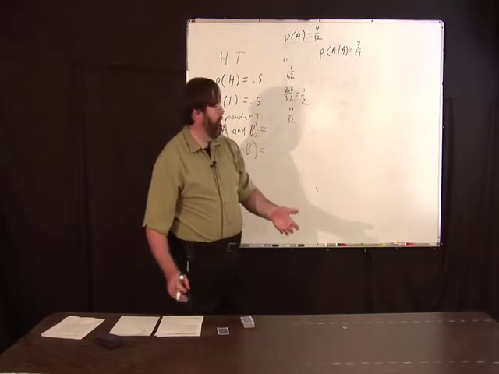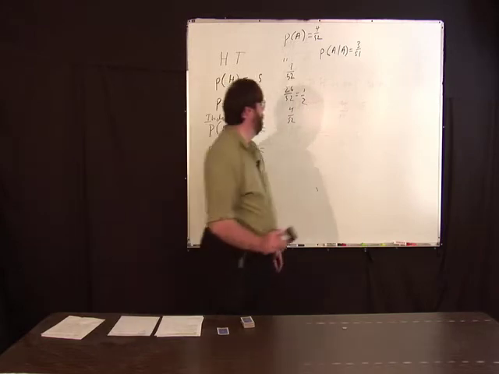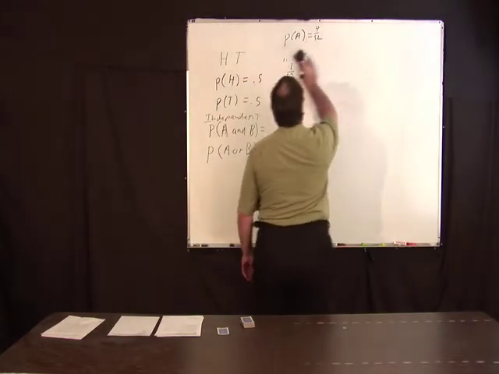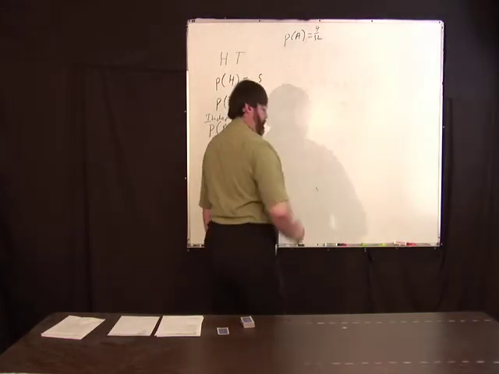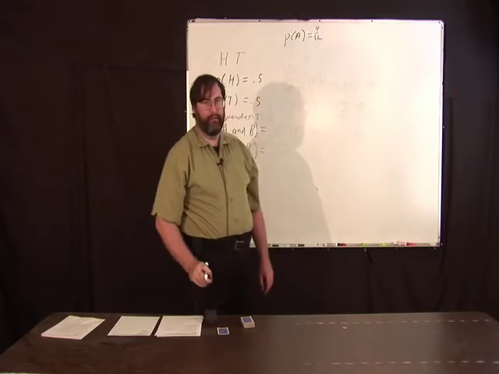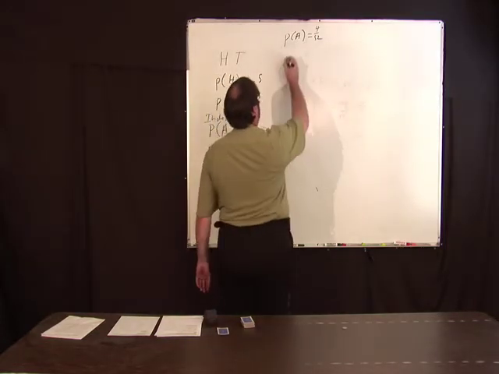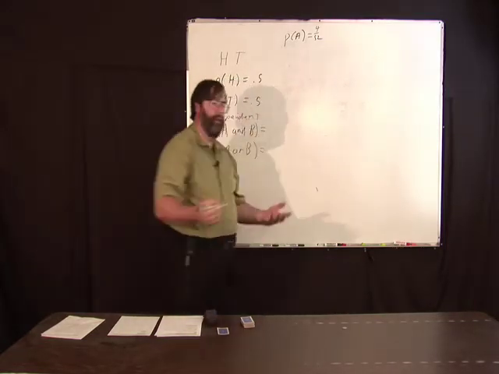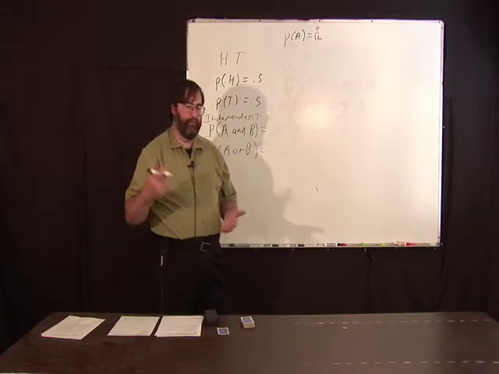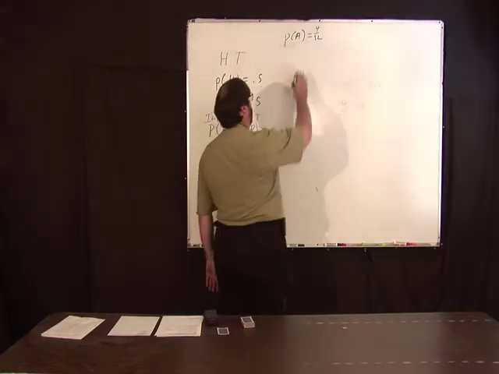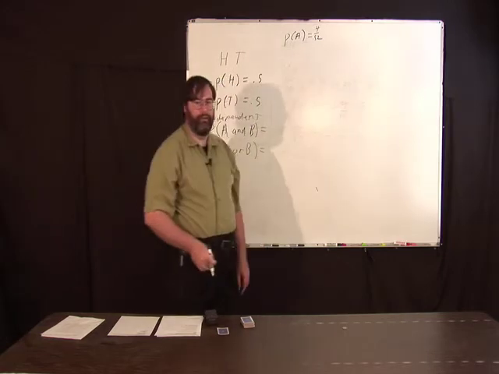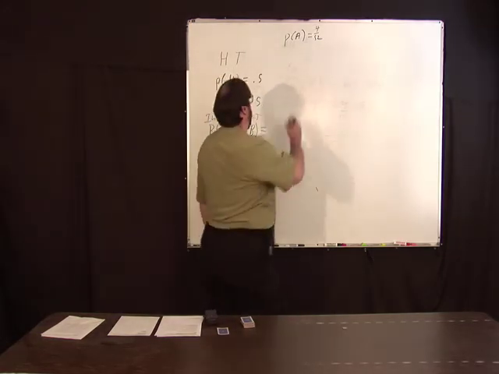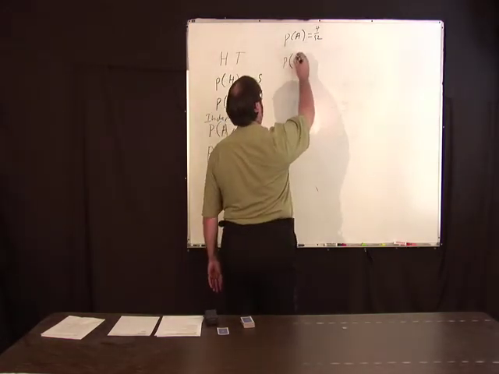Let's say I wanted the probability of drawing a blackjack. Okay? Which is an ace and a face card. So let's say we drew an ace. Let's say the probability of drawing a blackjack if the first card's an ace. Well, probability of ace is 4 out of 52. Probability of getting a face card